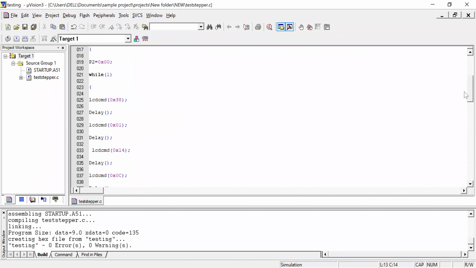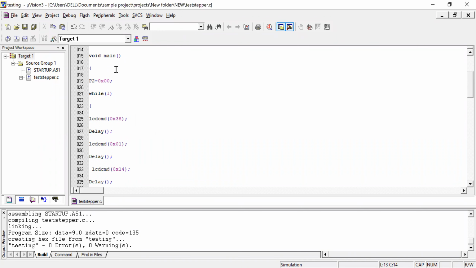Okay. So here I will start my main program. Here I'm using port 2 equal to 0x00, which indicates that I'm initializing port 2 as an output port. Okay, all right.